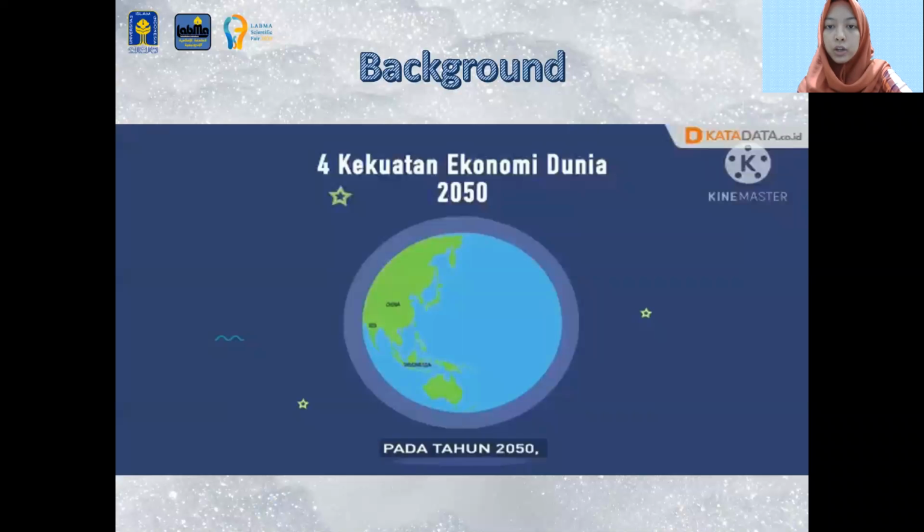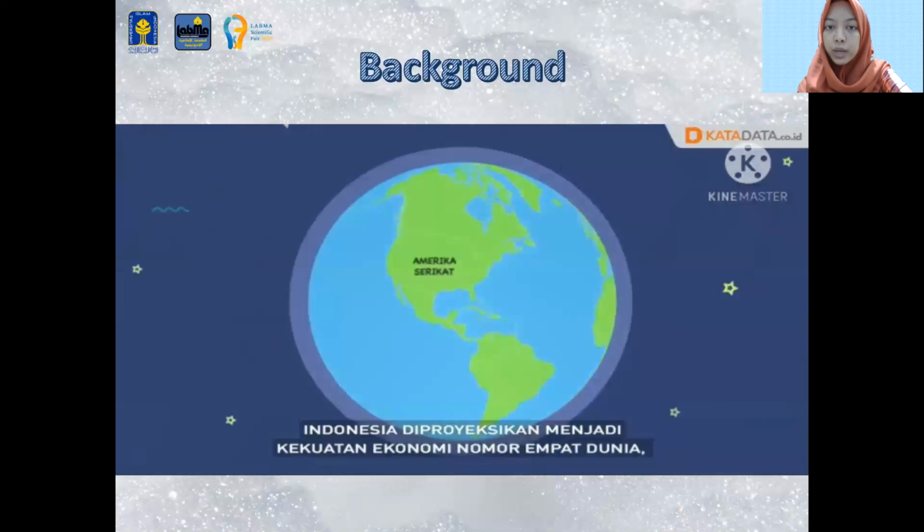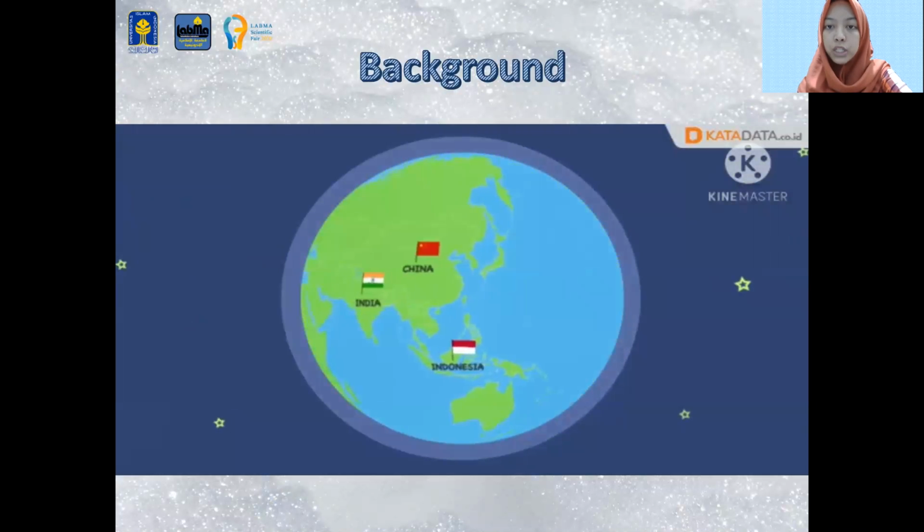The global economy is currently experiencing a recession due to the COVID-19 pandemic. Will the demographic bonus be able to improve the Indonesian economy during the COVID-19 pandemic? The middle class contributes to economic recovery, one of which is the sale of ornamental plants which are in great demand by the public.